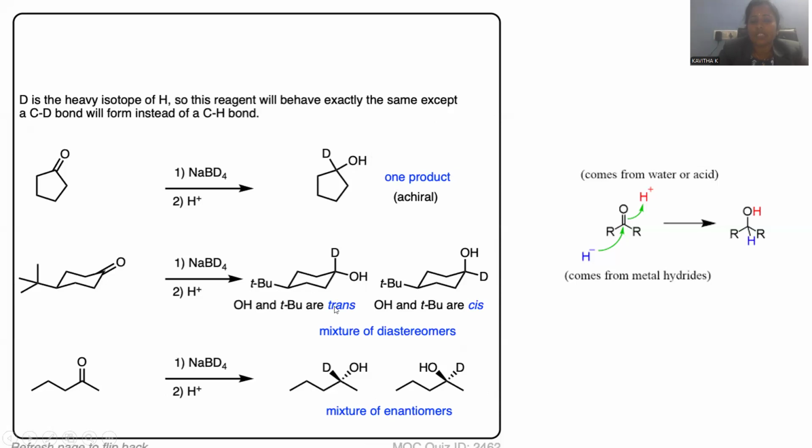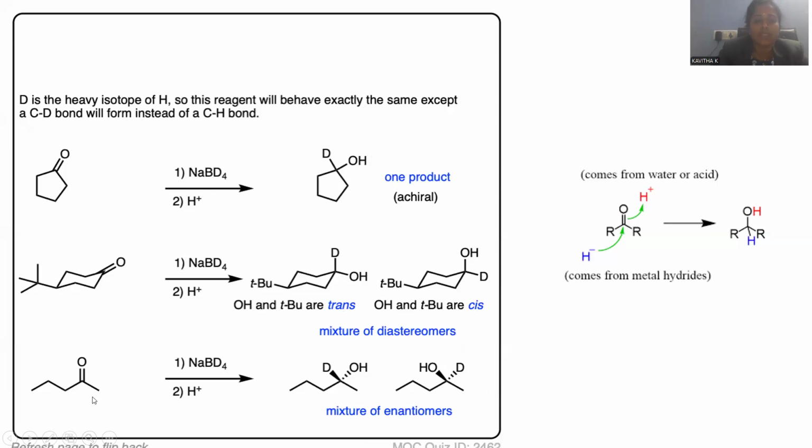1,4 equatorial is said to be trans, and 1,4 axial-equatorial is said to be cis. This is the reason why one configuration exists in the trans form and the other in the cis form. There is a kind of orientation; the two proximities you can notice. A mixture of diastereomers will arise whenever the deuterated compound is taken there.